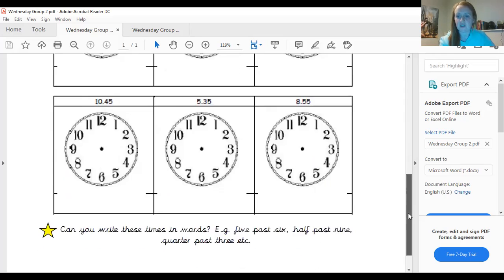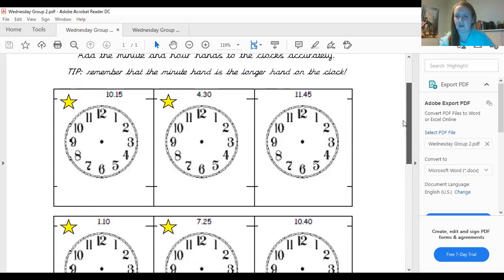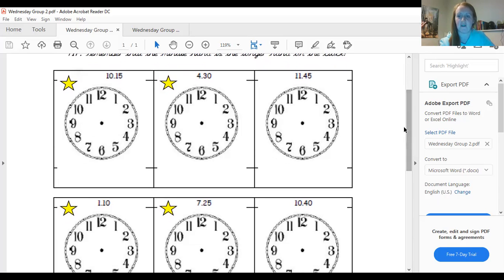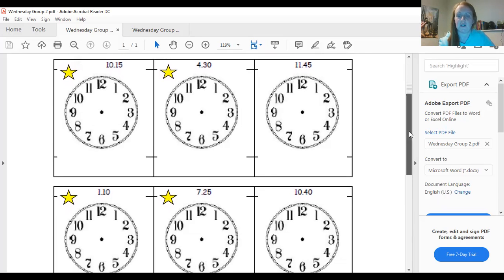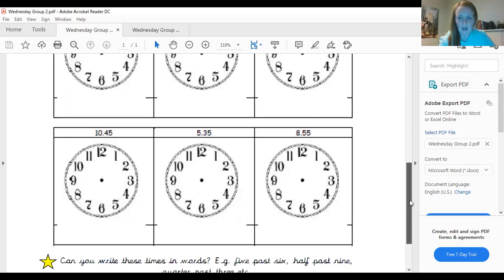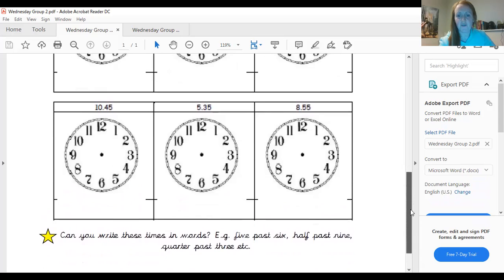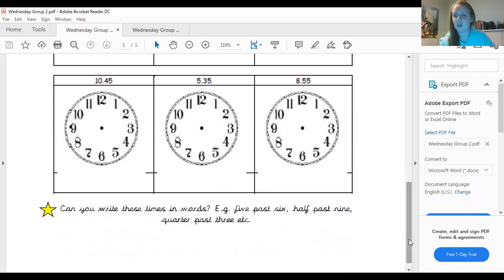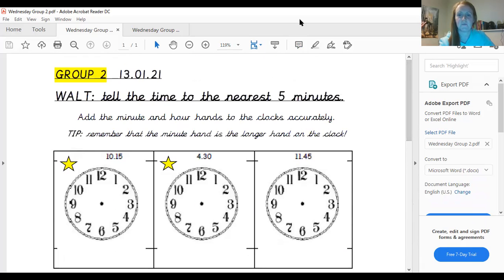Now, it doesn't look like a lot there, but you've got to be really accurate. And if you've got a ruler at home, it's always better to use a ruler to draw your hands on the clock, not these hands, the hands on your clock. It's really important that they are very straight and pointing to the right number. And then if you finish that and then you've written the 3 starred ones in words,